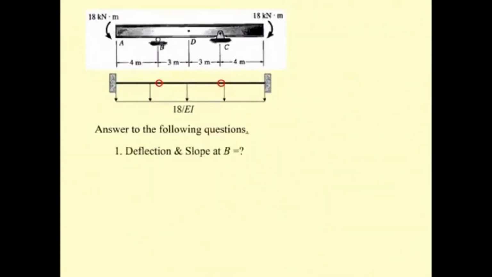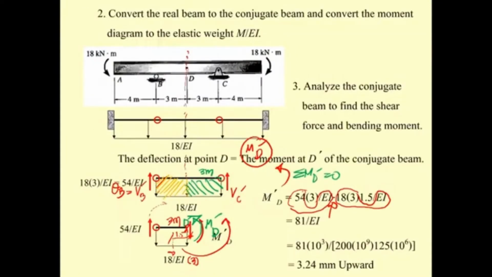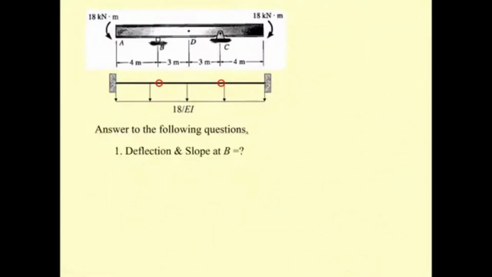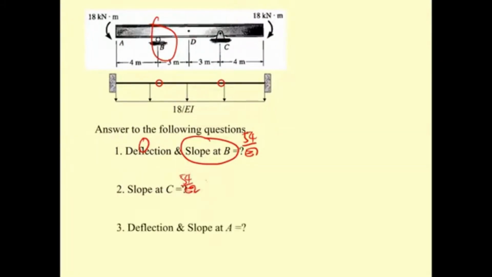And then you may determine the deflection at slope at B. We have that, right? That is going to be 54 divided by EI. That is the slope at B. We determine the slope at B. Okay, that is going to be 54 divided by EI. How about the deflection at B? There is no deflection at B. That is 0. Slope at C. Slope at C is the same as slope at B. That is 54 divided by EI. And the deflection at A,